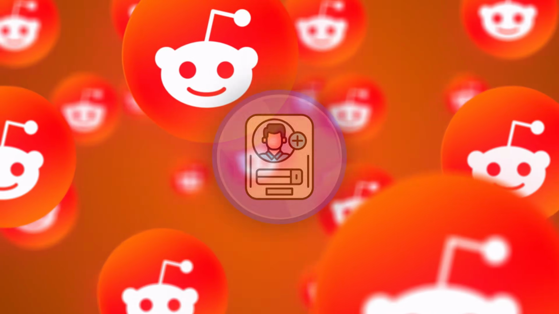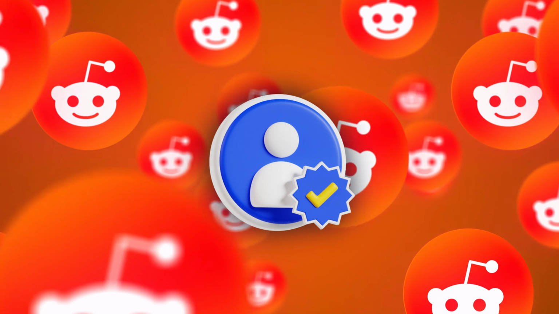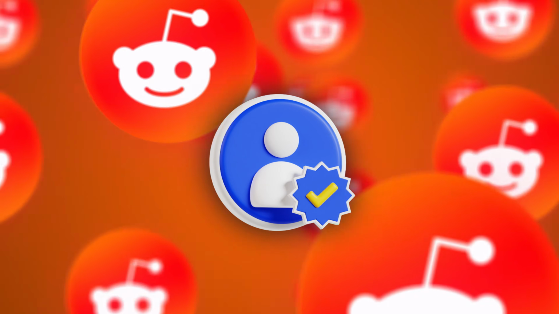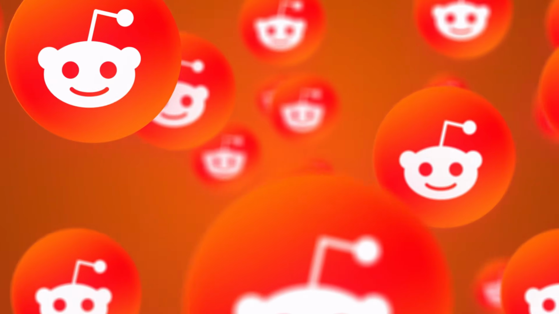Want to browse Reddit without signing up? Whether you are avoiding logins or just want to lurk anonymously, Reddit still gives you plenty of access if you know where to look. Stick around as we show you how to explore subreddits, read threads, and even search Reddit,